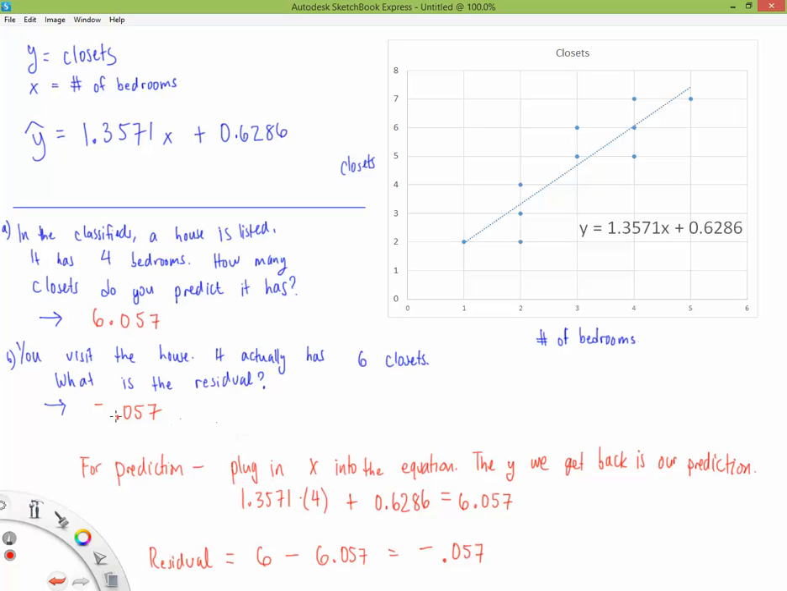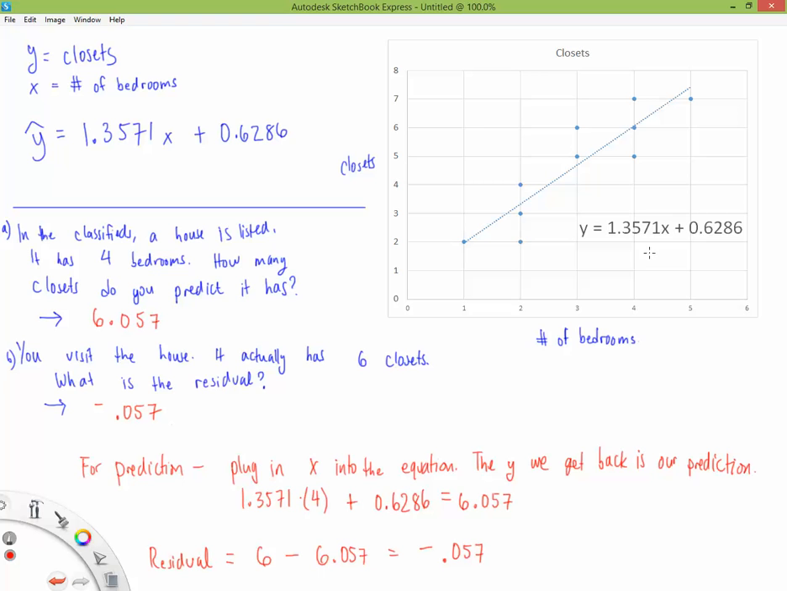So this means the actual house had 0.057 fewer closets than our prediction. Okay, but of course, when we make a prediction, we're getting a decimal, and that's just not possible. So that answer would be really, really close to that. So in this case, our model, our linear equation line, did a very good job of predicting the